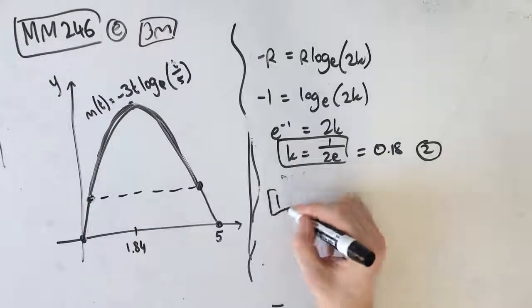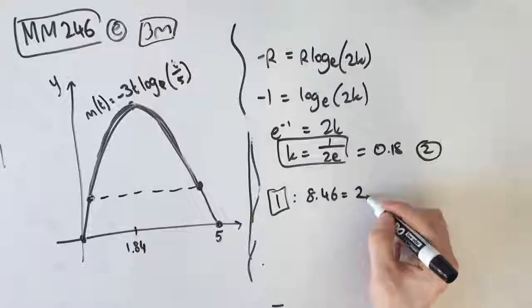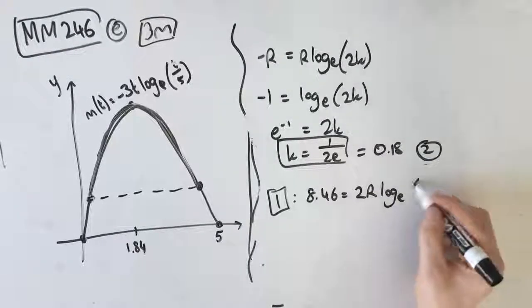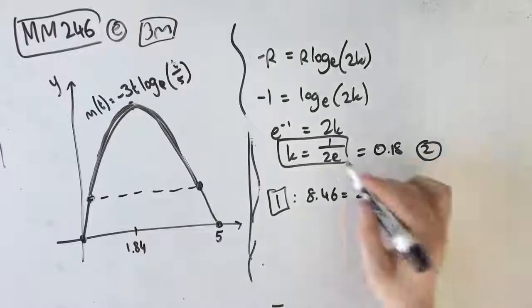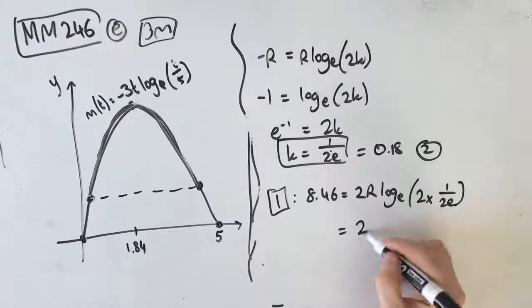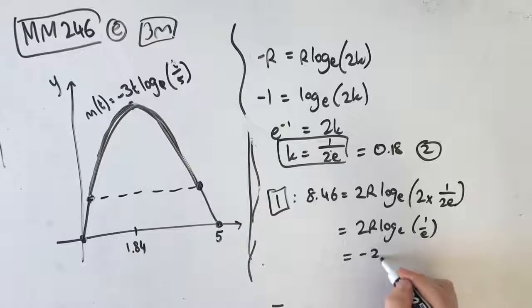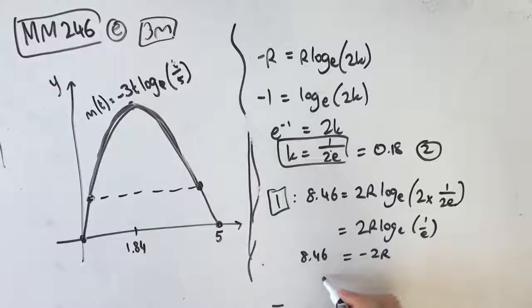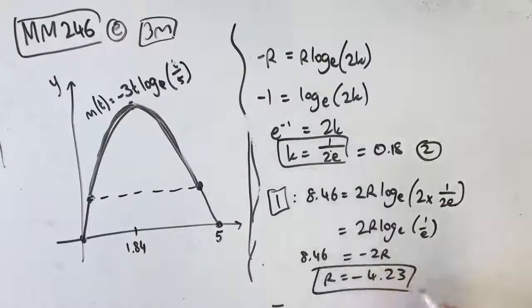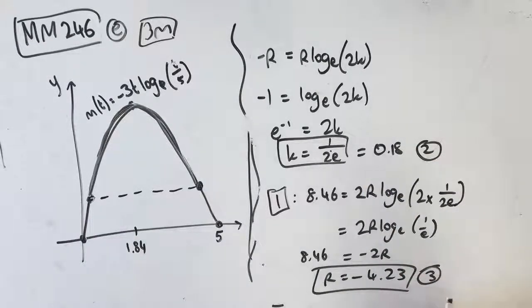Awesome. And then using our first equation, which we had, we know that 8.46 is equal to 2r log e of 2k. So 2 times 1 over 2e, which means that we have 2r log e of 1 on e, which gives us -2r equals 8.46. So r is equal to -4.23. That gives us our third mark. So we found our value of k, we found our value of r corrected to 2 decimal places, which means that